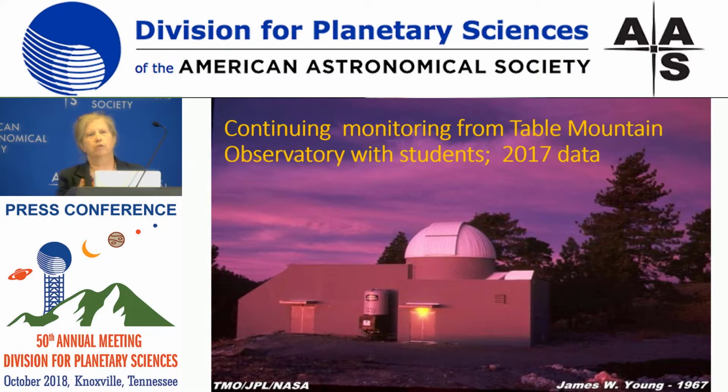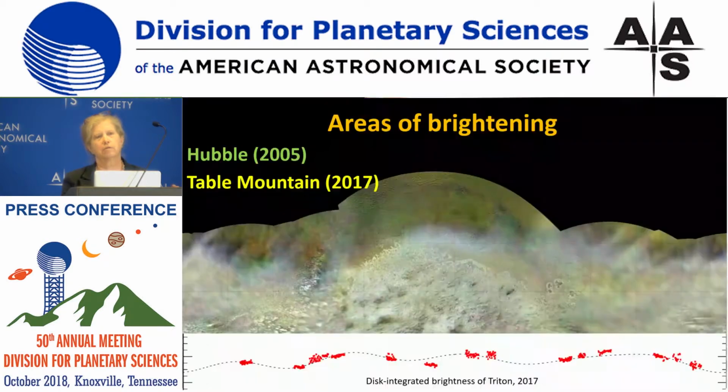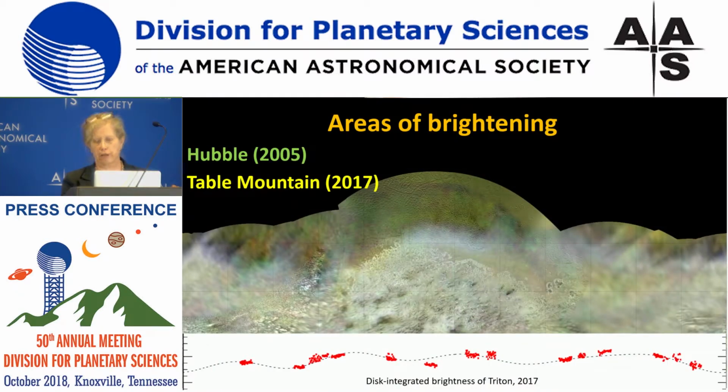It's got a 24-inch telescope that we've used as a workhorse to look for volatile transport on Pluto and Triton. Just by looking at light curves of these objects, we have been able to scope out volatile transport. And then, of course, it's been confirmed by Hubble or by spacecraft observations. So here's our data, and this is a little